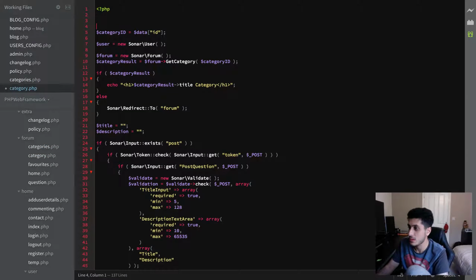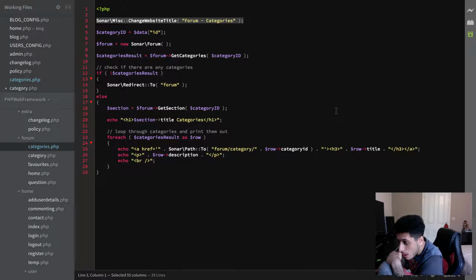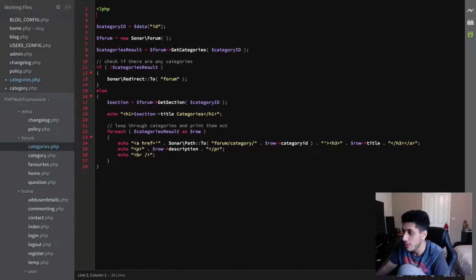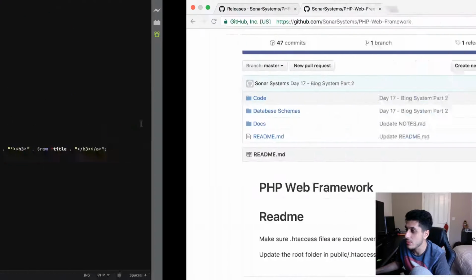Category, forum category. Actually if I go back to categories, we have the title here, so I'm actually going to put this over here, and we want to put the actual title of the category, so forum the category, so literally the way we've done it in here. So if I save that now, if I were to go to,